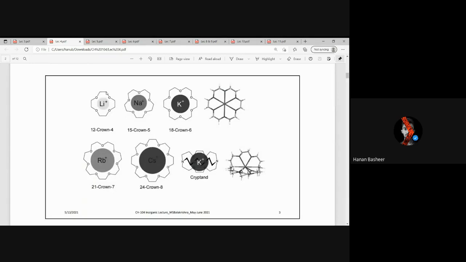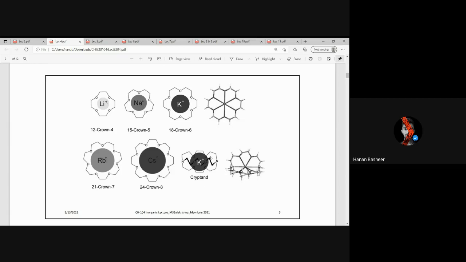These are the different coordinating molecules which are formed with the cations of the alkali metals. Lithium will have the smallest one, which is 12-crown-4. Then sodium will have a little bigger one, and then bigger, and so on till rubidium and cesium. We can see that even a smaller cation can combine with these bigger ones. But if a bigger cation is kept at the center of a smaller one, then it will come out a bit, and the bonding won't happen properly.